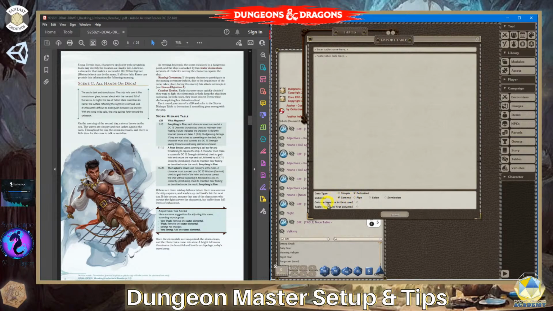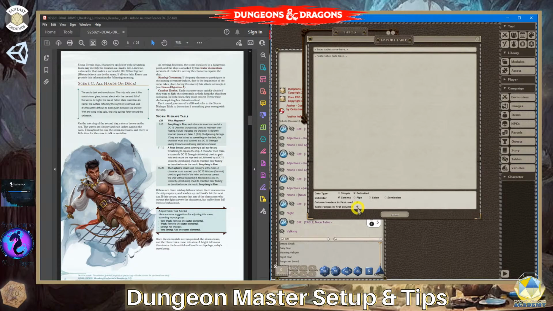And then it's asking you, do you want the first column or header in the first row? You're going to say yes if you have numbers on the side, so it would know the number range. Table ranges or headers are in the first row on the top, and table ranges are in the first column, so that would be on the left. So on the top and the left, you would say yes, or check that off,